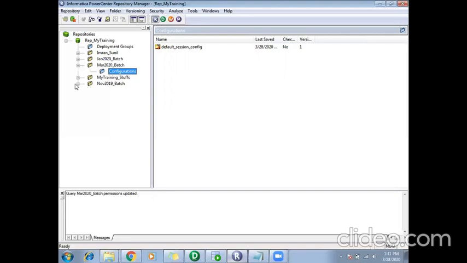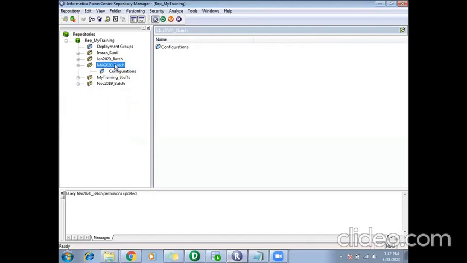If I go and check any other folders which I've already created and done some work on, you can see there are so many other objects also. These objects will come once you start coding, once you start doing something in this project. Since ours is a fresh folder just now created, we don't have anything.